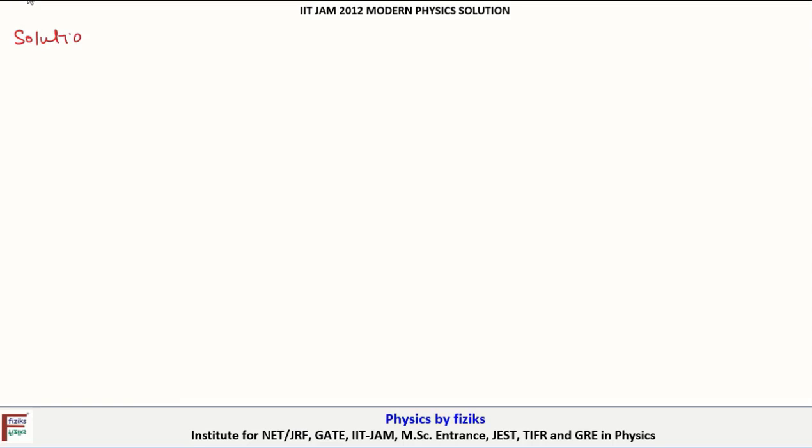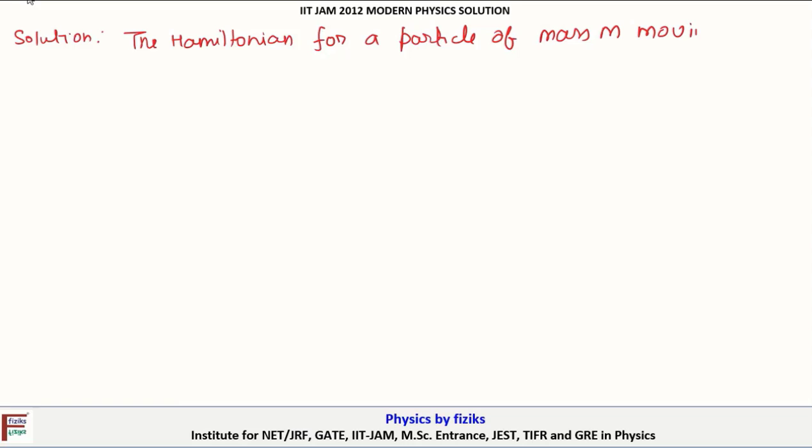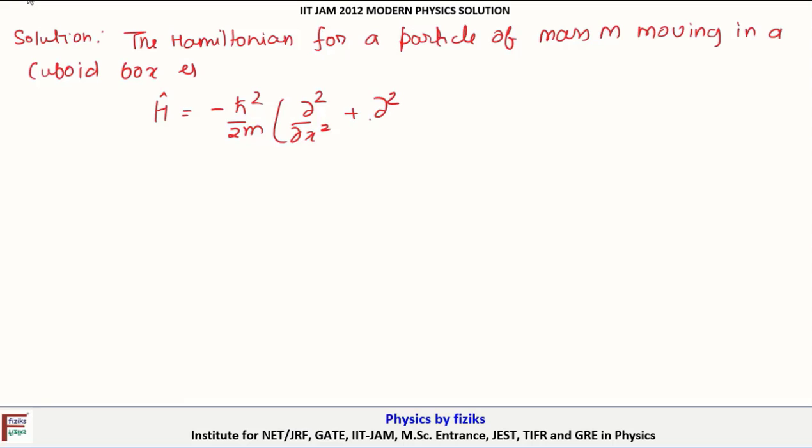Now, solution. The Hamiltonian for a particle of mass m moving in a cuboid box would be minus h square by 2m, del square by del x square plus del square by del y square plus del square by del z square, plus V(x,y,z),